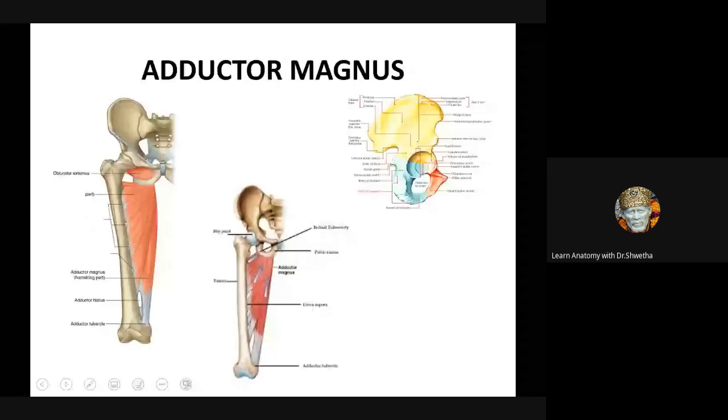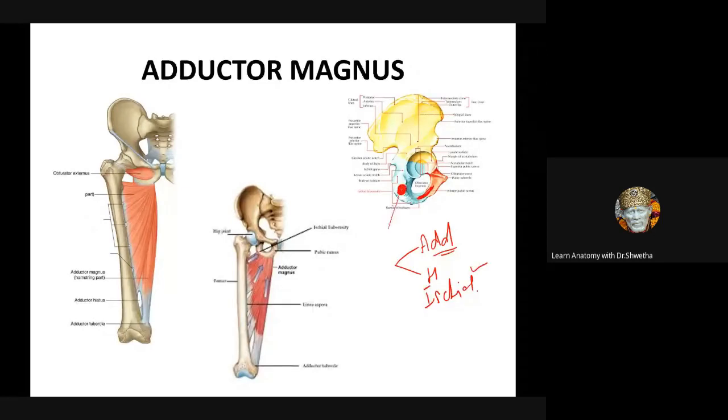Very good. Now I will show you the two components of the adductor magnus. What were the two components, students? Hamstring and adductor component. Very good. The hamstring component is also called the ischial component. Now, the adductor component arises from the ischiopubic rami, whereas the ischial component arises from the ischial tuberosity. So, the fibers coming from the ischial component are supplied by the tibial nerve. The fibers coming from the adductor component are supplied by the obturator nerve. So, the vertical fibers, these are the fibers of the ischial component, supplied by which nerve, you tell me?